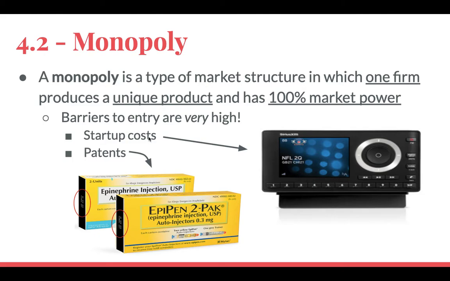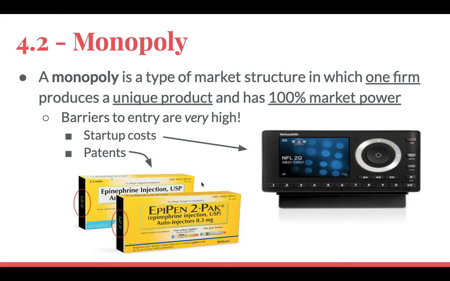So it could be high startup costs that are keeping companies from getting into the market, such as the satellite radio industry. Sirius XM Radio has a monopoly on satellite radio, not because they're necessarily the only ones who can do it well. They're the ones who got an early start on it. And actually, Sirius and XM used to be two separate satellite radio companies, but they were both losing money, so they decided to merge. This is a situation where, because of the high startup costs associated with being a satellite radio company, there aren't many firms who are looking to enter that market and try to compete. So it results in a monopoly.